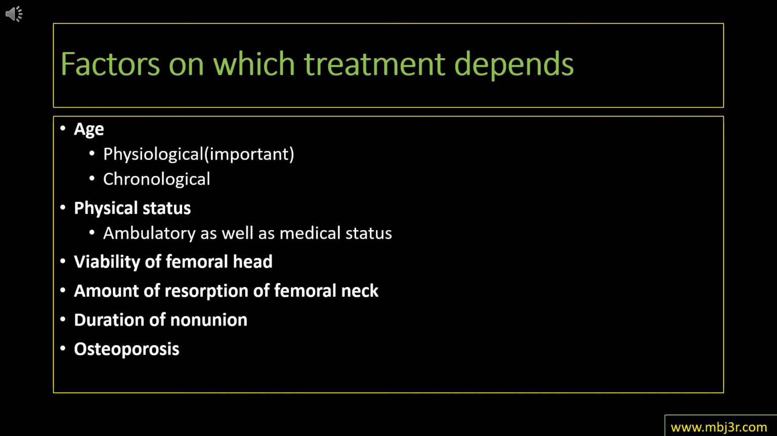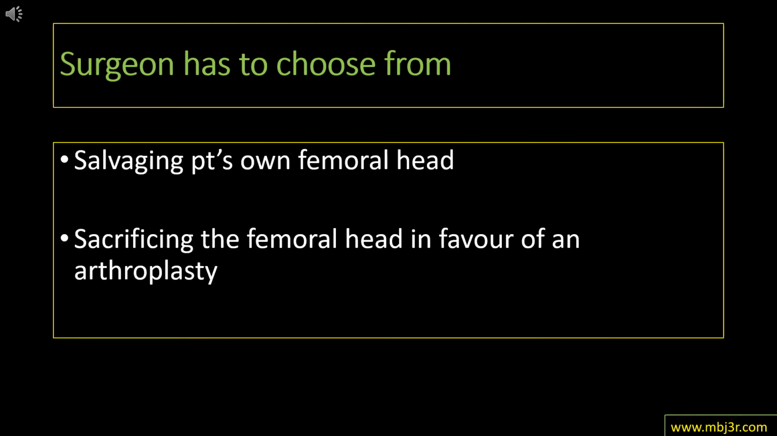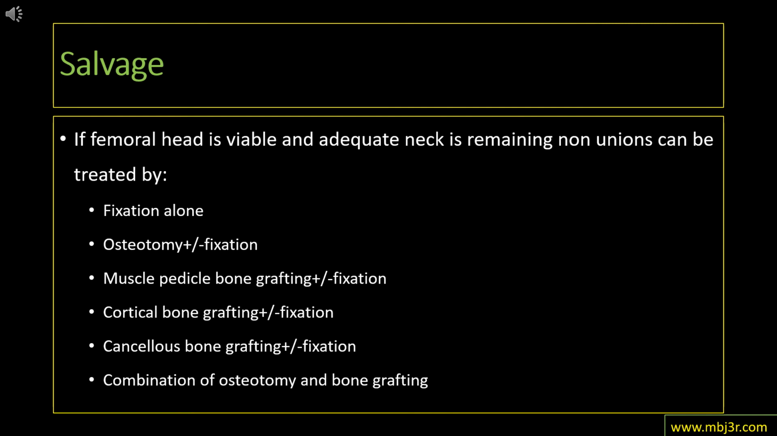Physical status, ambulatory as well as medical status, viability of the femoral head, amount of resorption of the femoral neck, duration of the non-union, and osteoporosis. The surgeon has to choose between salvaging the patient's femoral head or sacrificing the femoral head in favor of a joint replacement. Coming to the salvage options, if the femoral head is viable and adequate bone neck is remaining, non-unions can